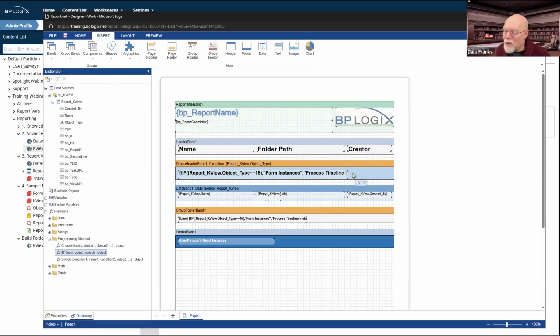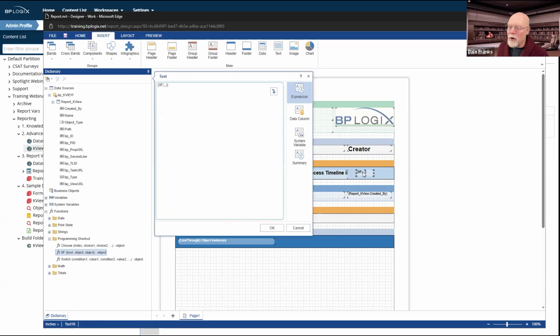I can also just drag an if statement there. I hate that it always wants to throw in that text, but it's going to pre-write that if statement for me. So I can drag it in from over there, and then I can double click on it. Once again, it's going to open up the dictionary for that, and it's automatically going to open it up here to an expression.